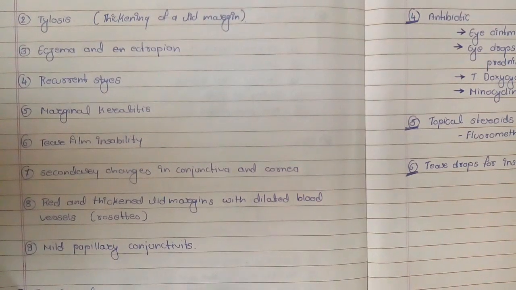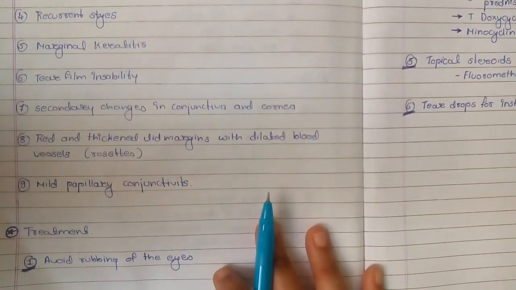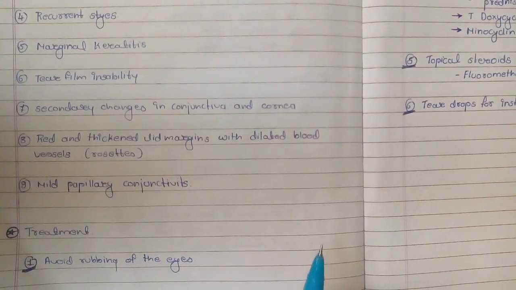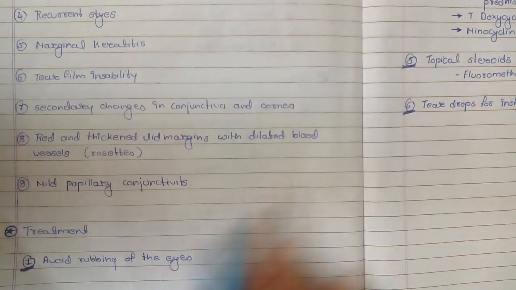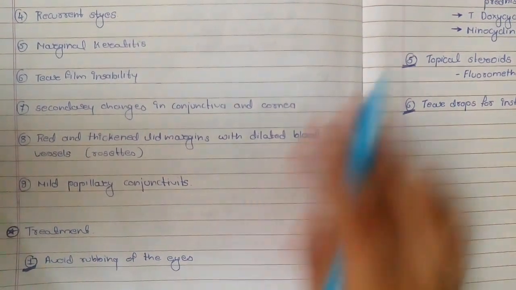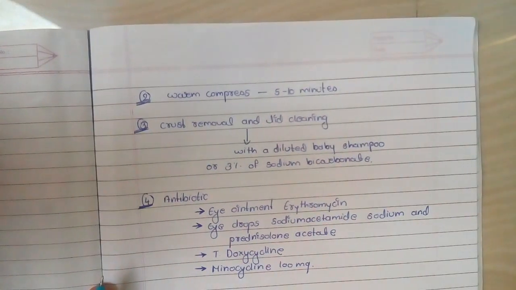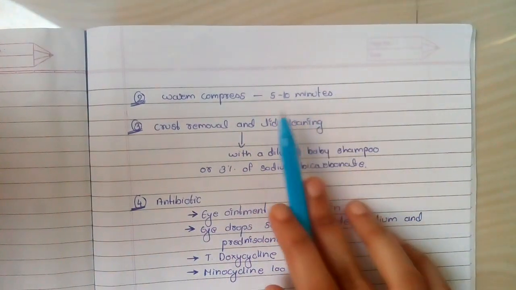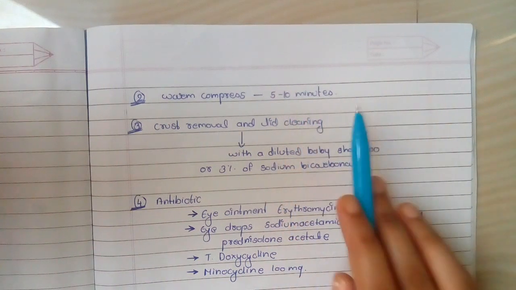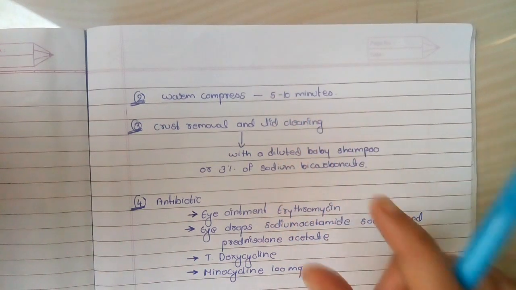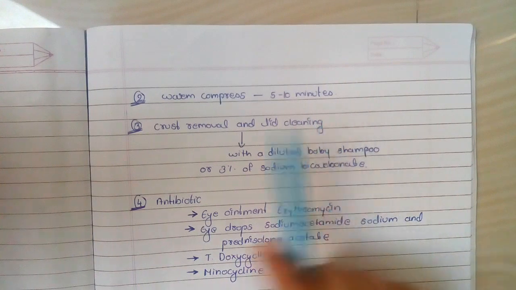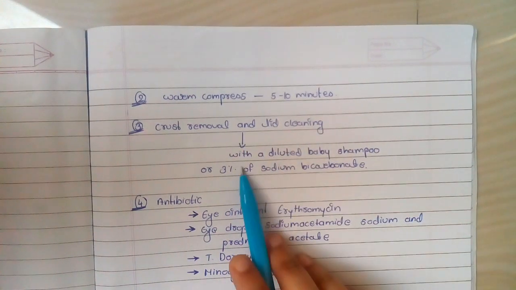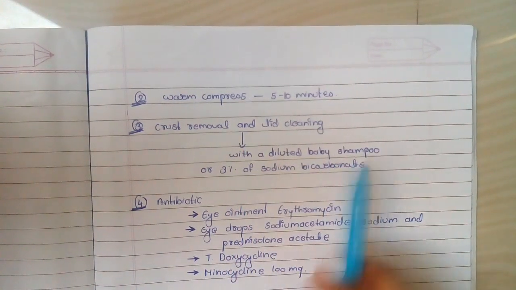Now we are going to see the treatment of bacterial blepharitis. The most important treatment is lid hygiene, avoiding rubbing of the eyelid. Warm compression for 5 to 10 minutes. This warm compression will soften your crust. After the crust is softened, it should be removed and lid cleaning done with the help of diluted baby shampoo or